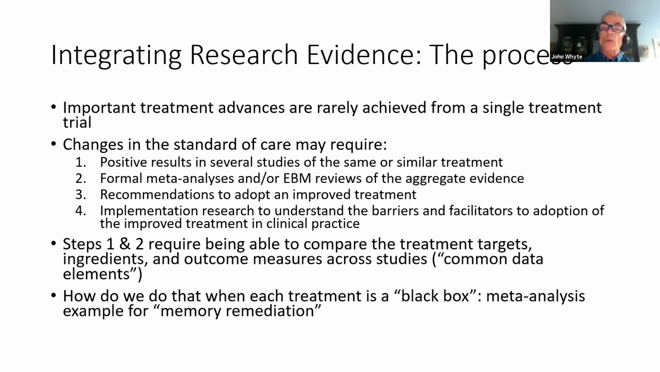So that requires that we have positive results in several studies of the same or similar treatment, that we do this kind of formal analysis where we aggregate the evidence, and then we end up with a recommendation to adopt that improved treatment. And then, of course, we could go on to the next step and say, if it's tough to get people to adopt it, what kinds of barriers and facilitators get in the way of adopting something that we know to be desirable to adopt? But the first two steps here,